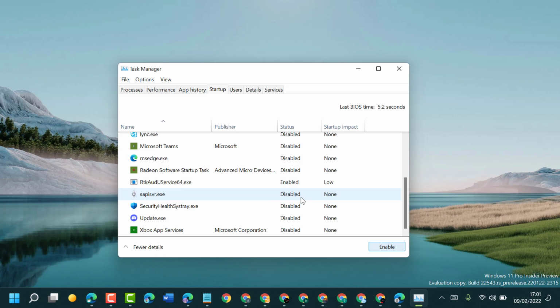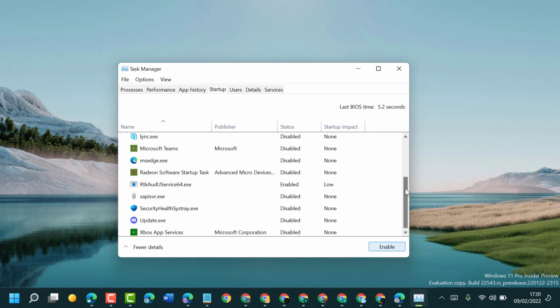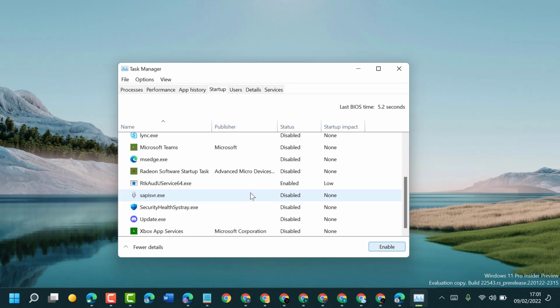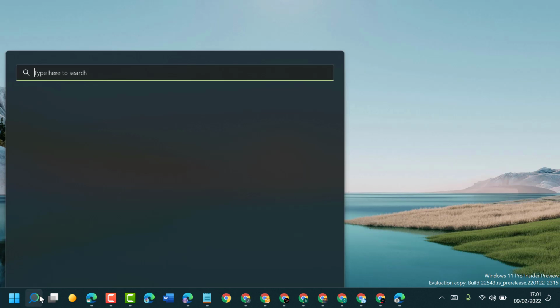So analyze these startup programs, and if you don't need any program to start at the beginning, make it disabled. This is the first thing you have to try, and the second thing you have to try: click on start, type